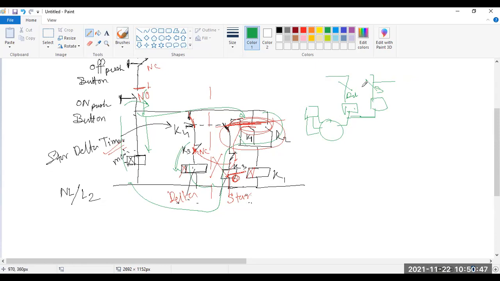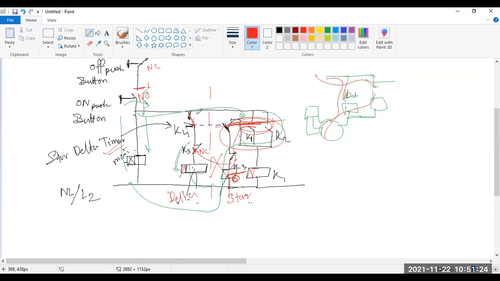So when star is connected, delta is break. When star is connected, then delta is in the break condition. So current will flow in this direction, and when star is break, delta is make. Delta is make, then current flows in this way. So this is the star delta connection.